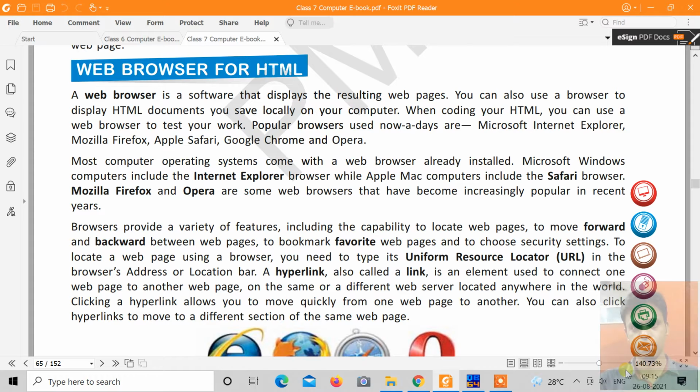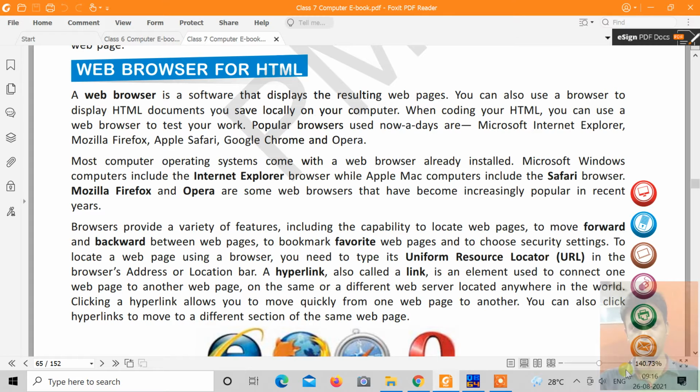As we know, the web browser is basically application software which is used to display the web pages. In Windows we have a pre-installed web browser, that is Internet Explorer or Edge in the recent versions of Windows. But apart from Windows, we have certain other web browser application programs, that is Google Chrome, Mozilla Firefox, Apple Safari, and Opera. All these are popular web browsers which are used to display the web pages.